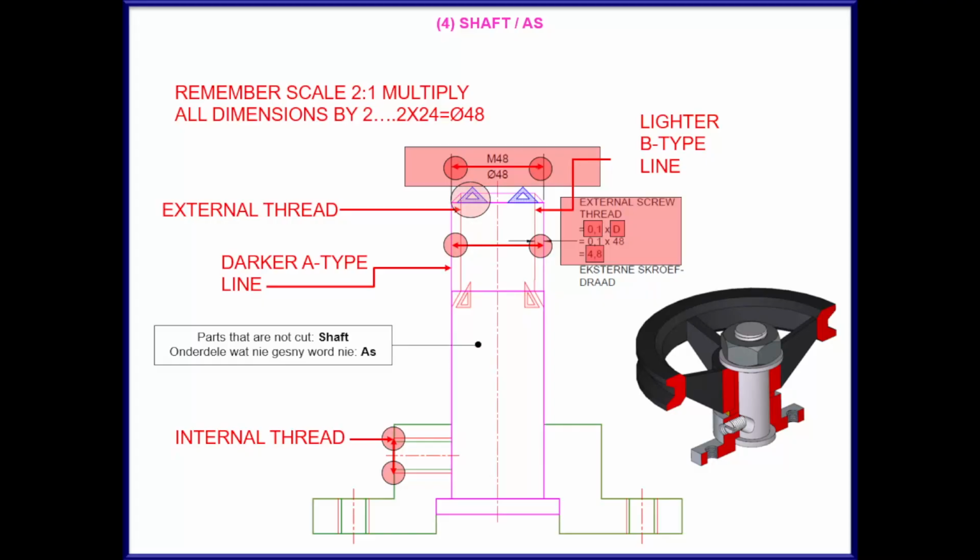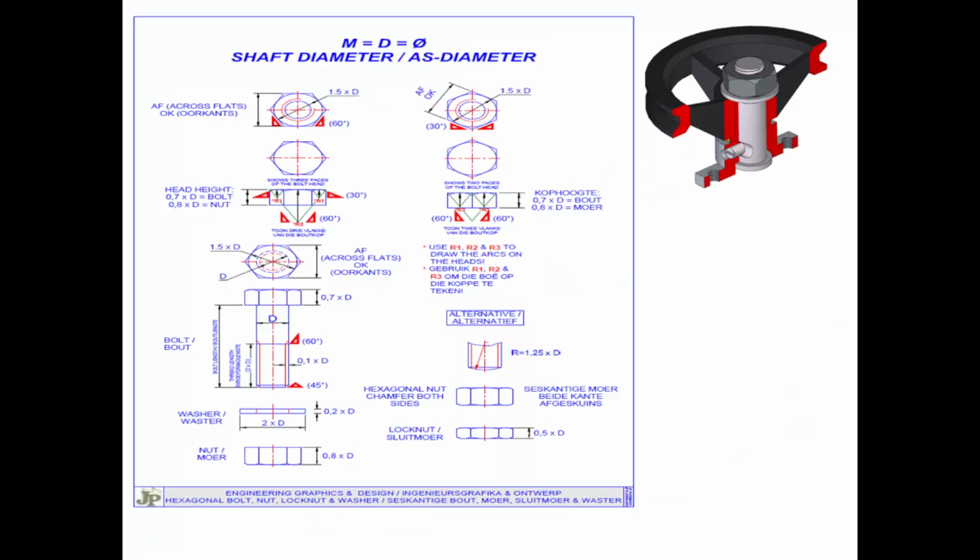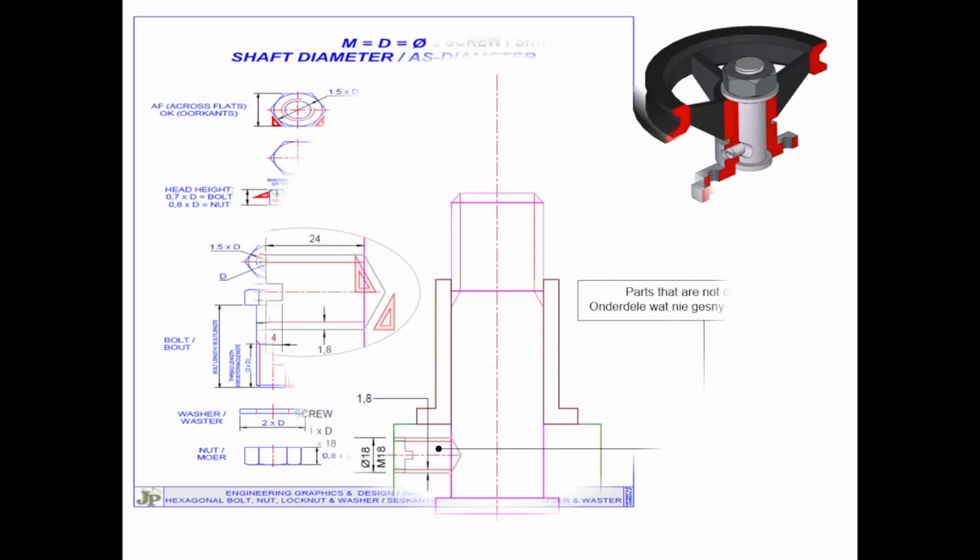We will indicate the start of the thread with a 45-degree chamfer that we're going to draw with our 45-degree set square, and the end of the thread with our 30-60-degree set square we will do a 60-degree chamfer. It is very important that you study and know the different chamfers and constructions so that any drawing that consists of a bolt or a nut can be correctly drawn.